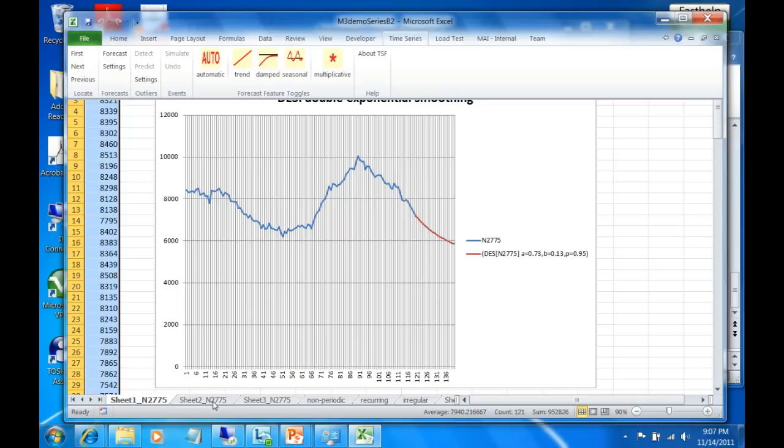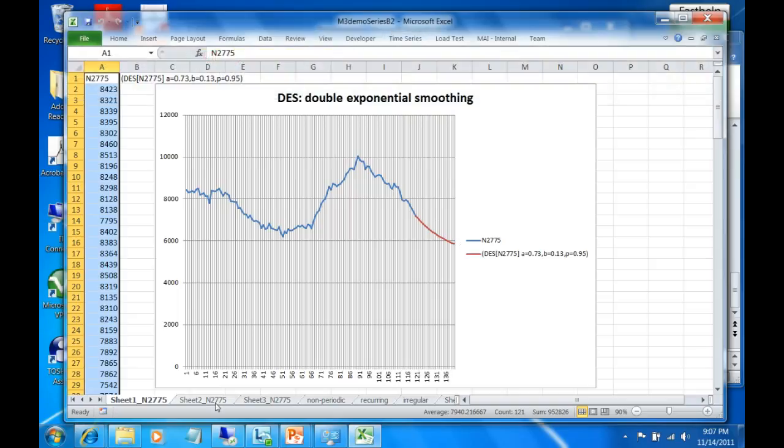Once you have sucked in your data, you can do such a forecast shown in the red line here, and then you can also estimate the uncertainty of this prediction, which we would always recommend you to